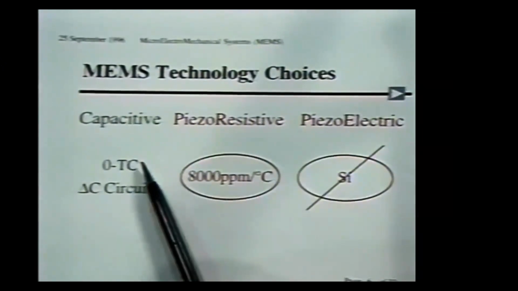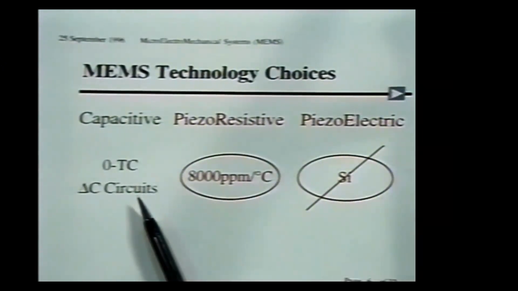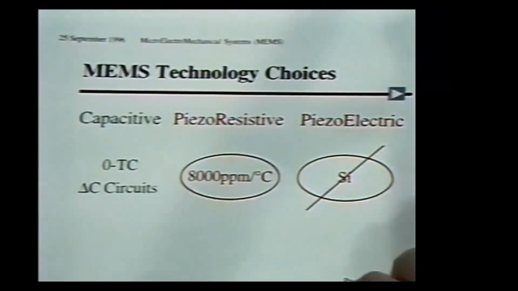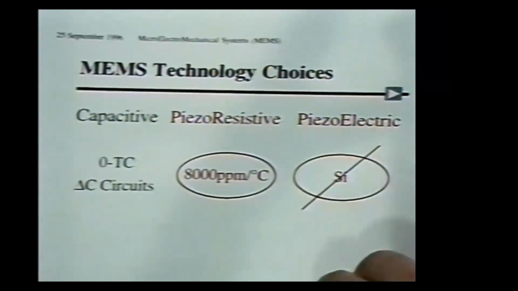a capacitive transduction mechanism. Another thing, being part of an integrated circuit company, was that we had a lot of good circuits, and measuring changes in capacitance turns out to be a particular circuit technique which is fairly easy and very powerful. So in the end, again, we decided to use a capacitive technique instead of any of the other